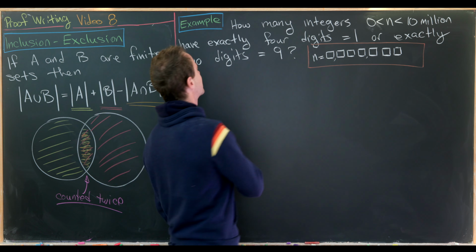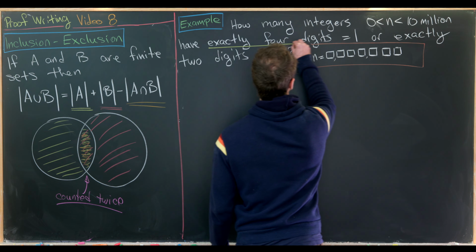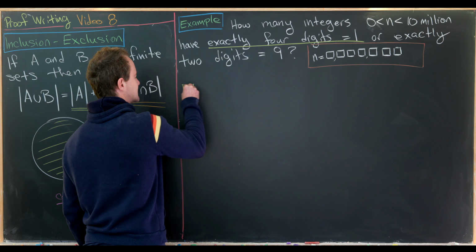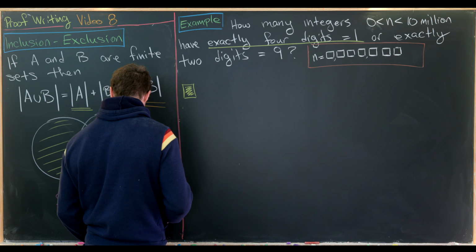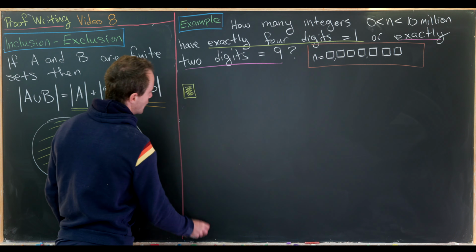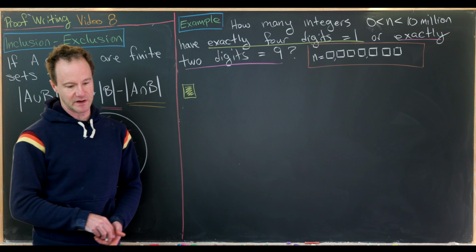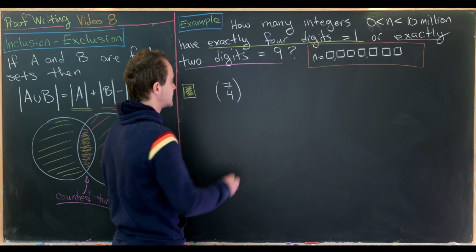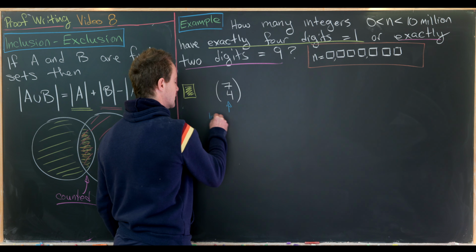So let's maybe first look at the condition exactly 4 digits equal to 1, and let's count that up here next to this yellow square, and then we'll look at the exactly 2 digits equal to 9 with a magenta square underneath after we're done with this. Okay, so we've got 7 entries here. We want to choose exactly 4 of them to be equal to 1, so that's using a binomial coefficient. We have 7 choose 4. So like I said, this is choosing the location